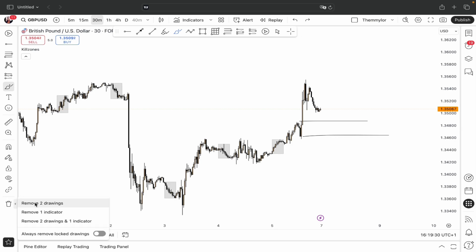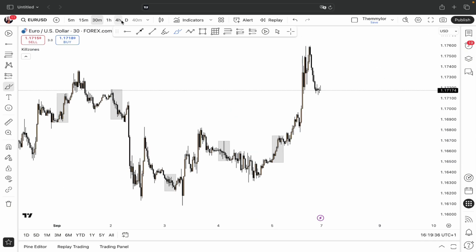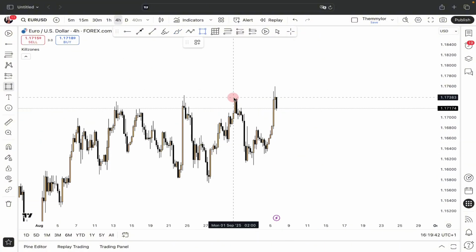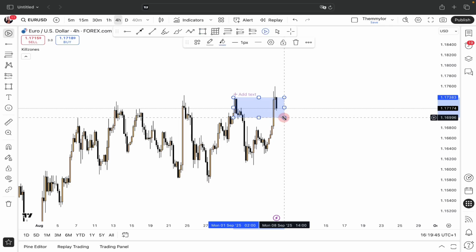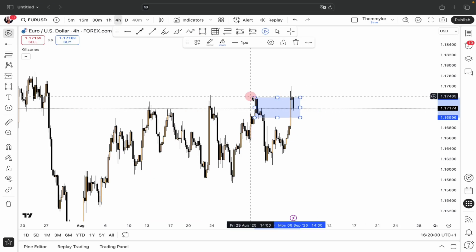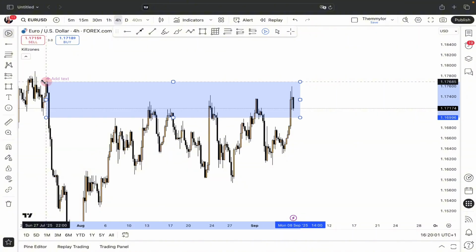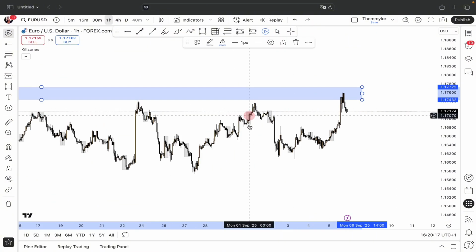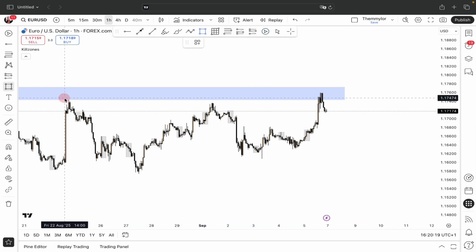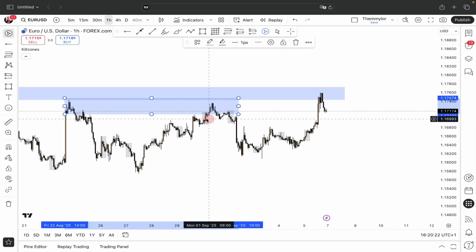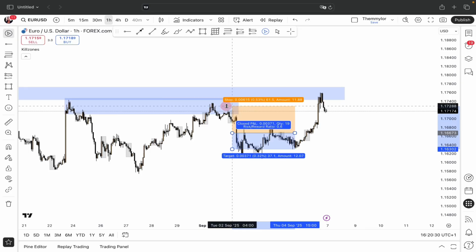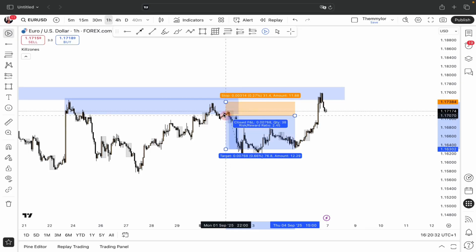So let's quickly move to the EURUSD. The same thing on EURUSD. We would have expected for this zone to hold on the euro dollar, just like the GBPUSD. Market is just still trading within this higher time frame supply zone. Last week we had a beautiful sell also from this particular level. Price broke structure, we came back, I was in the sell and I followed this trade and I got out at this level